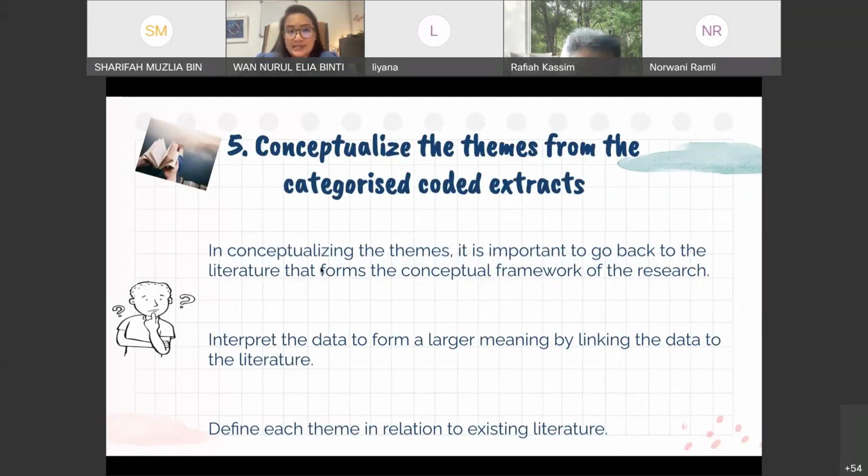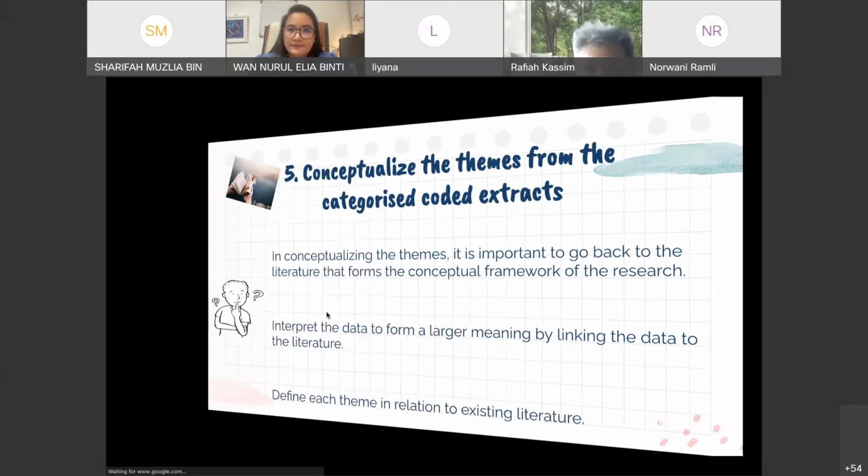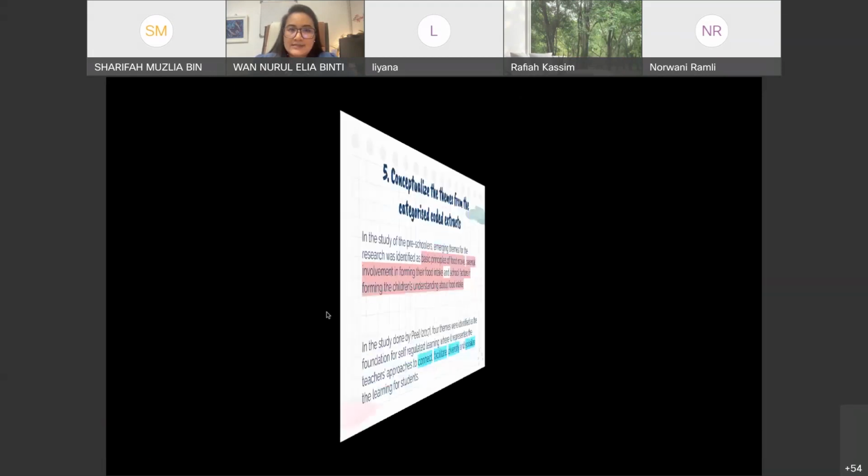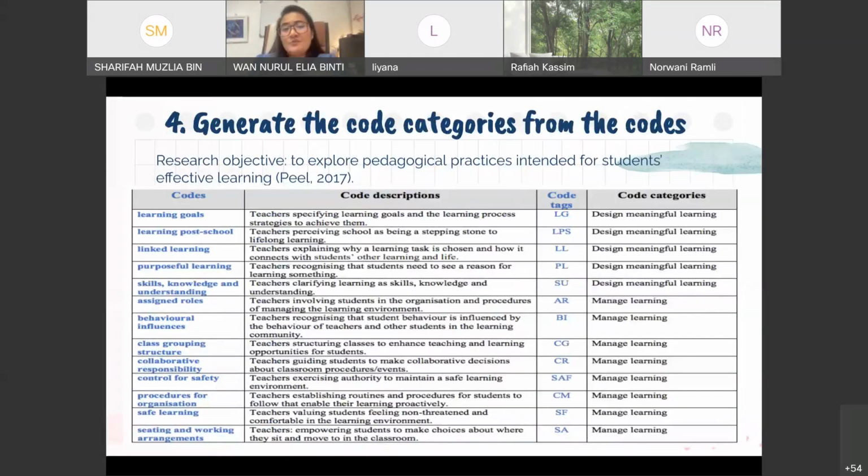So in conceptualizing the themes, it's important for you to go back to the literature that forms the conceptual framework of your research. So of course, let's say you want to explore pedagogical practices, you must have done your literature review, isn't it?